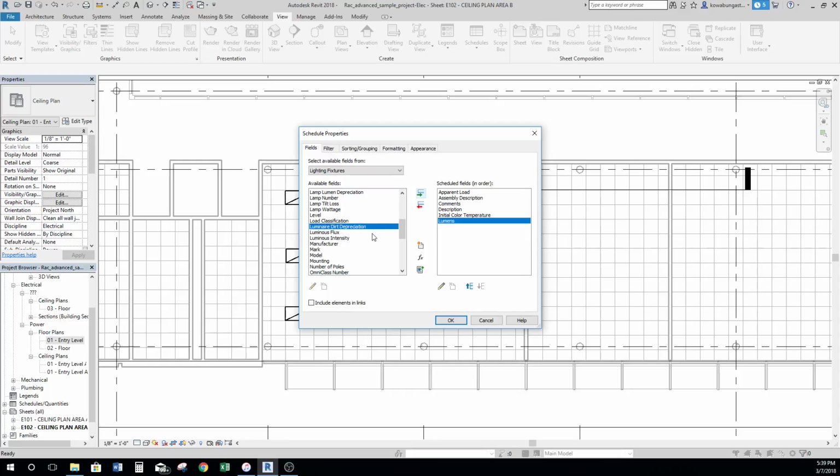Dirt depreciation, flux, none of these we should need. Manufacturers we will need. Mark, which is our type mark, or fixture number designation, that'll be on the schedule. Poles, type, switch ID, type mark, voltage, we'll need voltage, and probably need wattage, so our type marks probably,